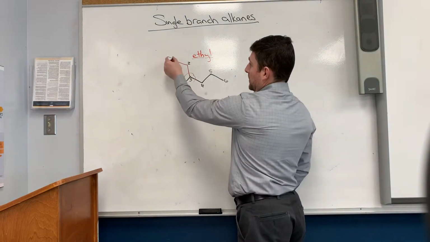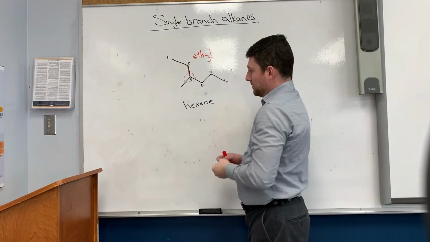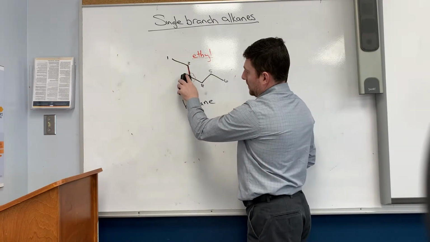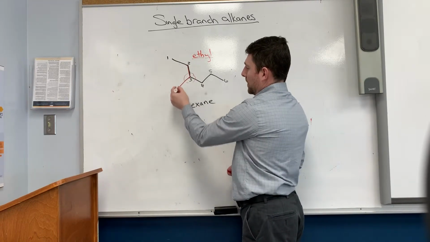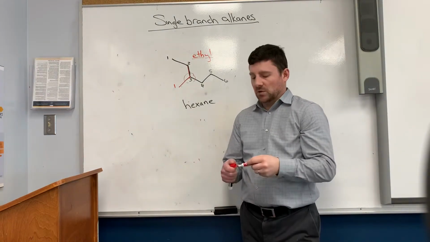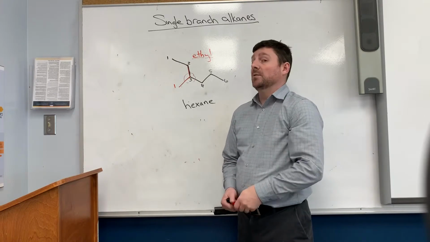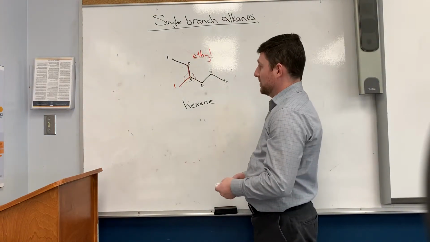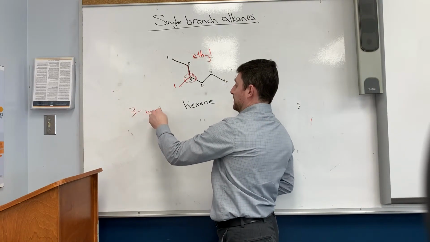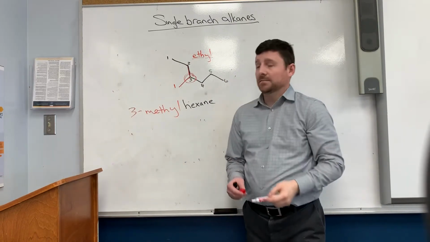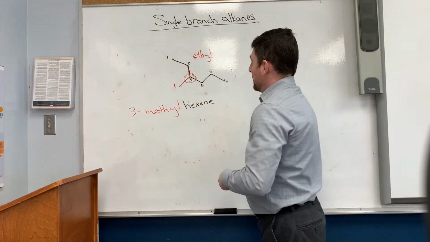So let's make this black. If that's my main chain, then in actuality this is my branch, and it's only 1 carbon long, not 2. So this would not be a 2-ethylpentane. This would in fact be a 3-methylhexane. Okay? So to put this in steps,